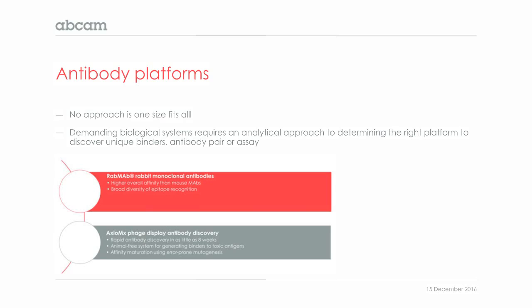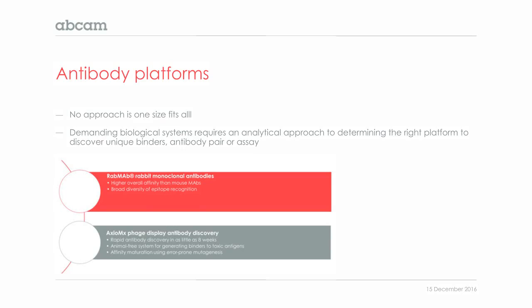And at Abcam, we have the choice to use the Abcam RabMab rabbit monoclonal platform or the Axiomx phage display platform, each offering distinct advantages. The RabMab antibodies, discussed in detail in our other webinars, offer high affinity antibody binders when compared to mouse monoclonals. The rabbit immune system can recognize diverse epitopes, and the affinity maturation of the antibody occurs